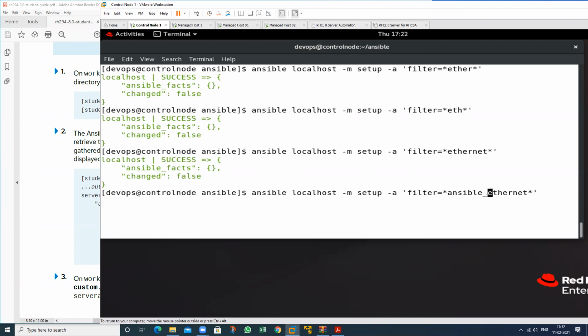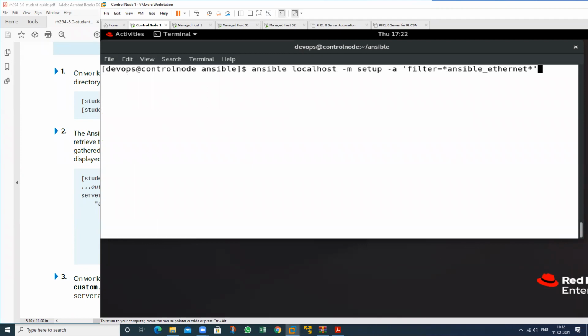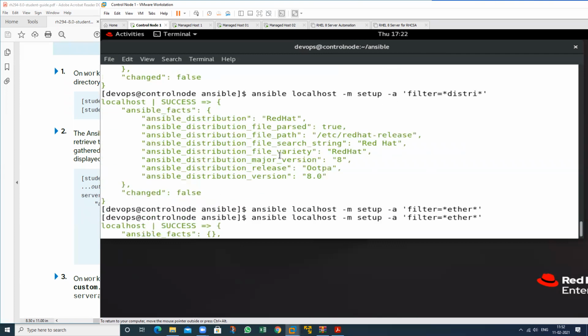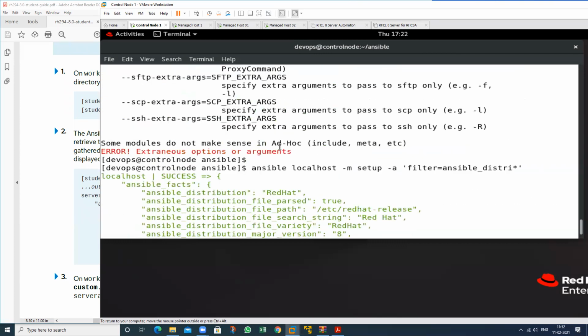Ansible underscore. Okay, not place this particular value. Suppose I do not place the value, then I will just place IP here. So you have some information. What is the information related to the IP address? This one.